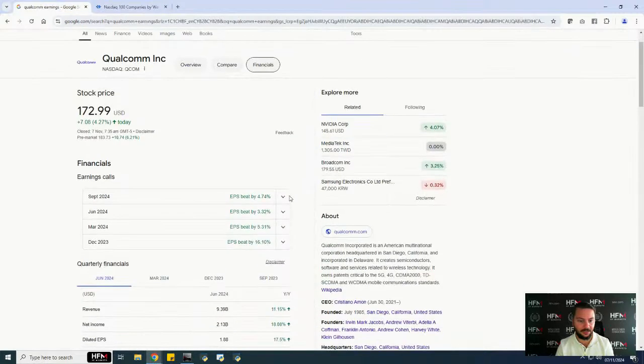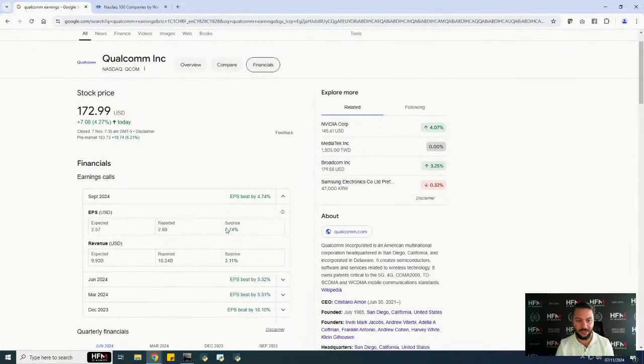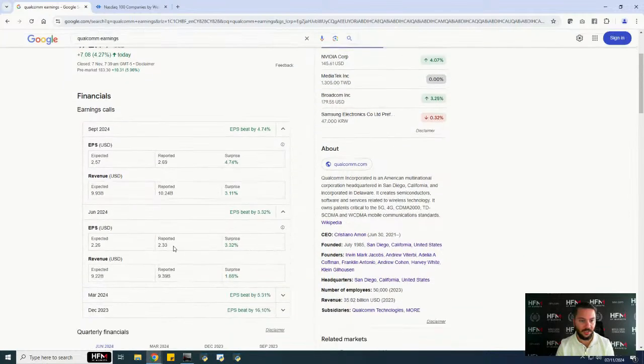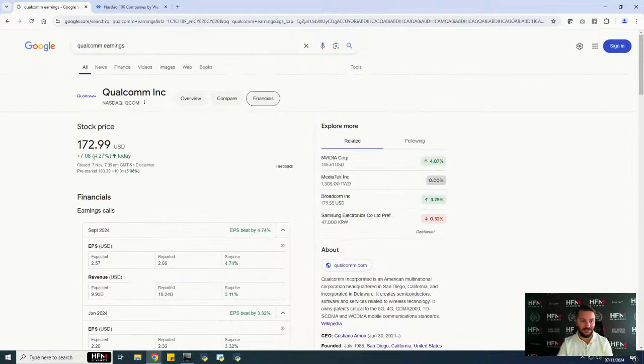Okay, if we go to earnings, their earnings per share beat expectations by almost 4 and 3 quarters. Revenue beat expectations as well. If we look at the previous quarter, earnings per share significantly increased. Revenue, ladies and gentlemen, increased by almost $900 million just in a quarter, not in a year, but in a quarter. And that's why, ladies and gentlemen, yesterday it was up at over 4%. And today it's up almost 6%, even before the market has opened.